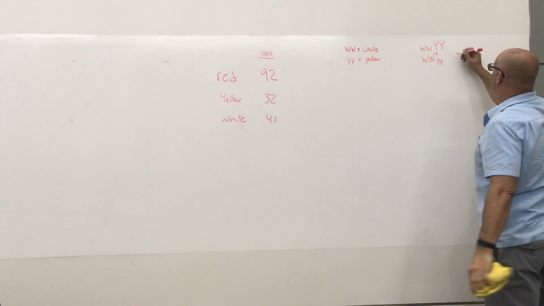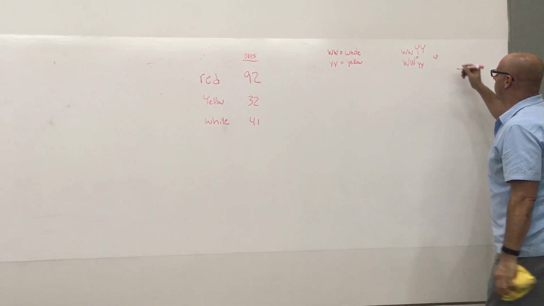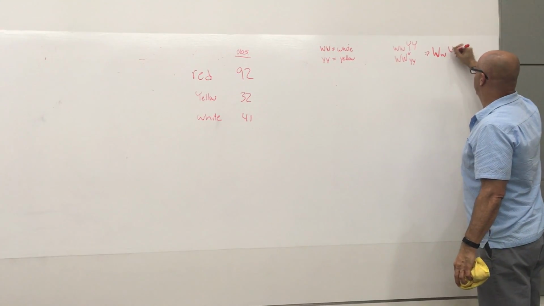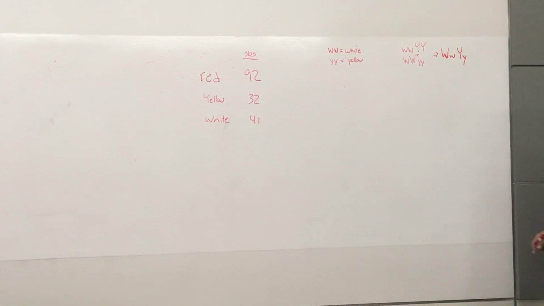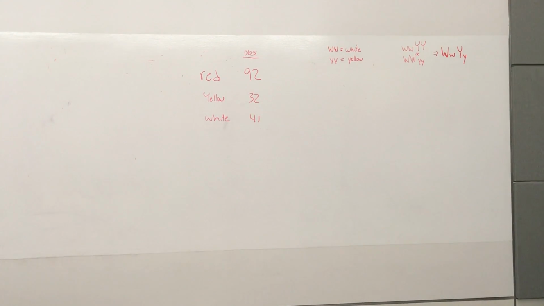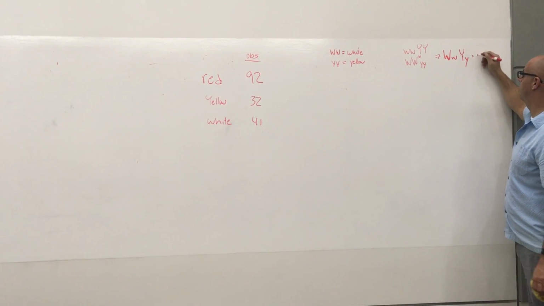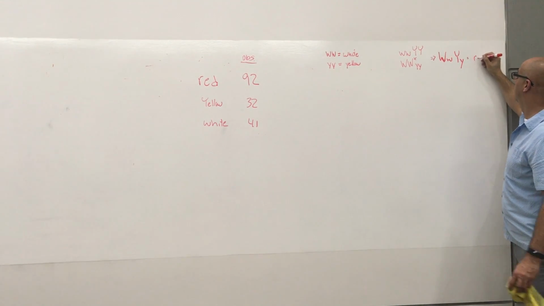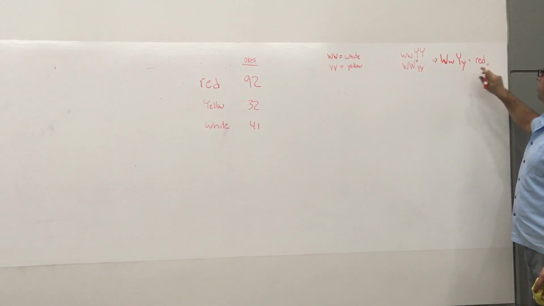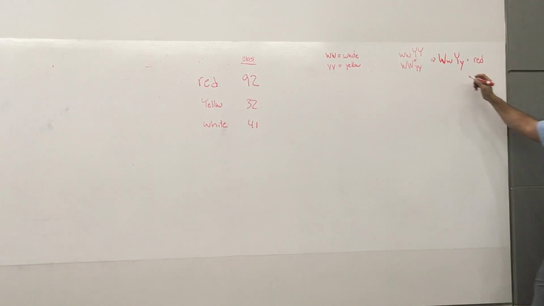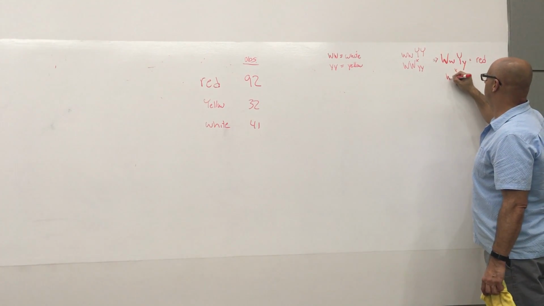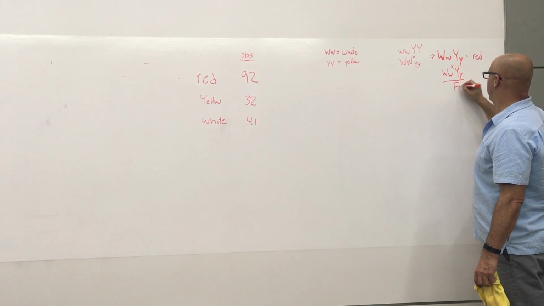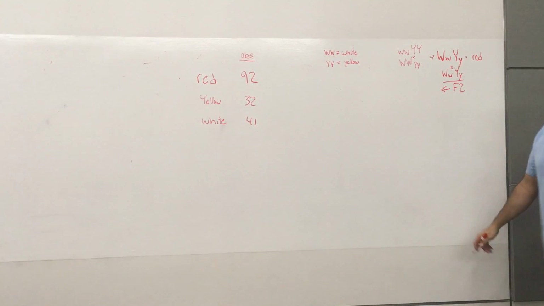right? What is the genotype of the F1 going to be? Big W, little w, big Y, little y. What does that tell you about the phenotype here? It's the wild type, which is red. Okay, so red is dominant. So now when you cross big W, little w, big Y, little y, then that's when you get your F2s, those ratios.